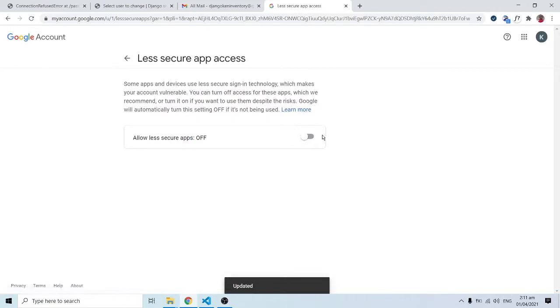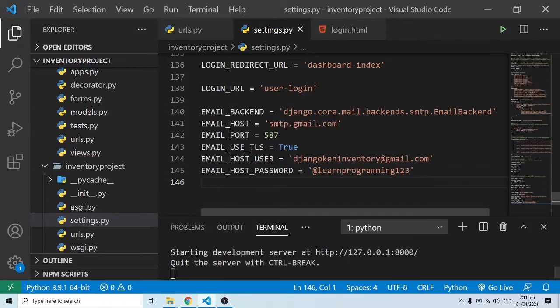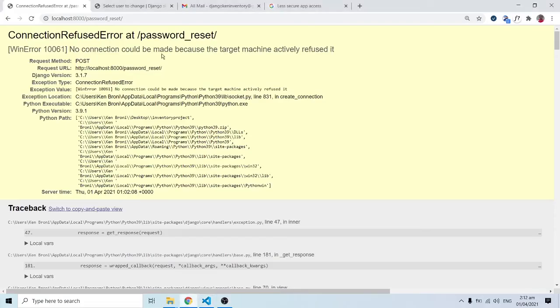Okay, by default it's going to be turned off, but then you have to turn it on so that at least your Django application is able to interact with your email address. It is not the most secure way, but I think this is the best way to go. But make sure you don't have to put out your email address and your password as I've done over here. So we are going to go through the process once again